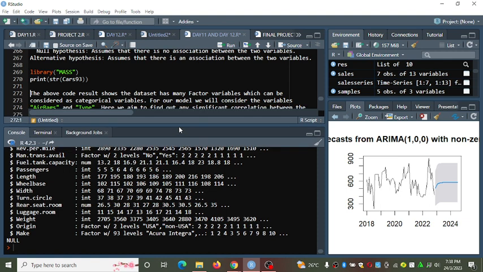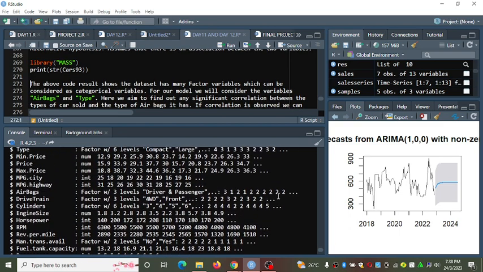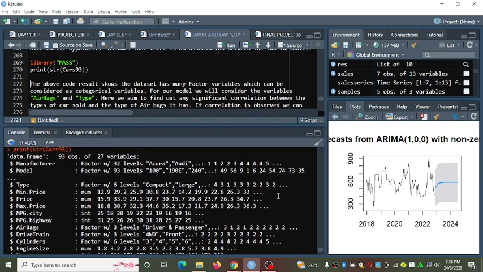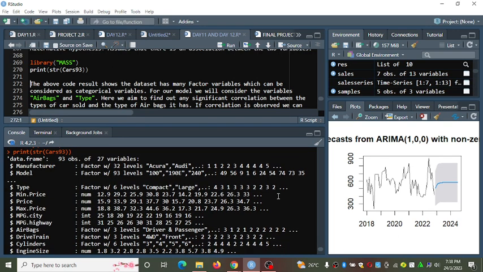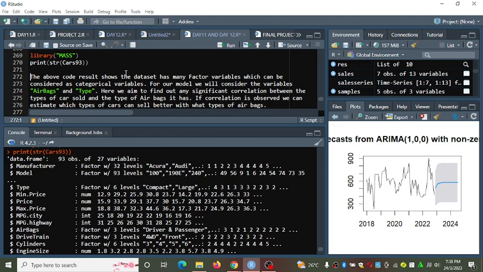Let's have a view on this part before we continue. We have Cars93, and this code here shows a data set that has many factor variables which can be considered as categorical variables.